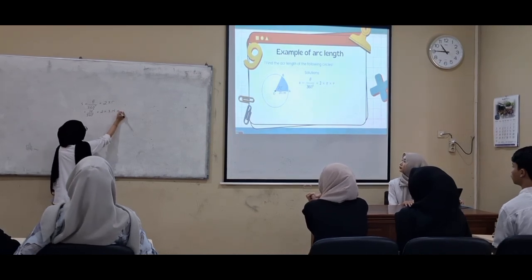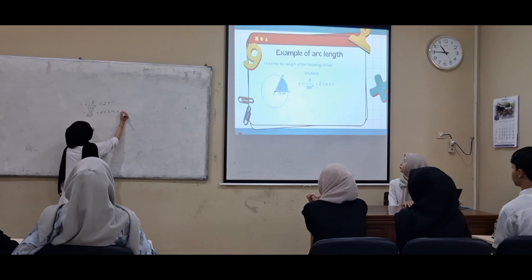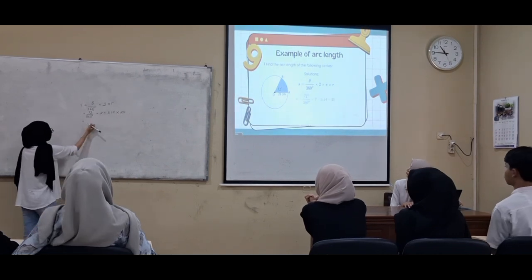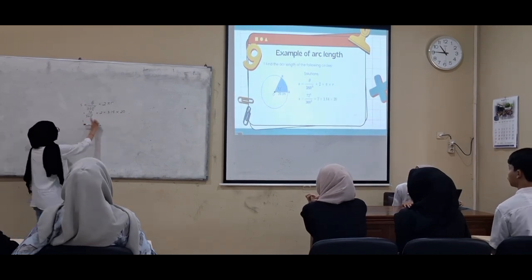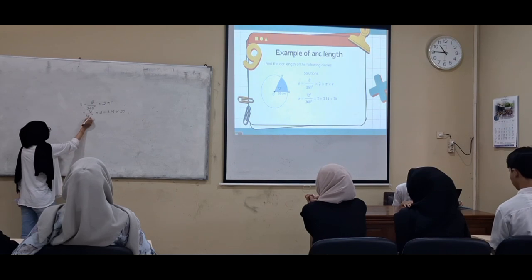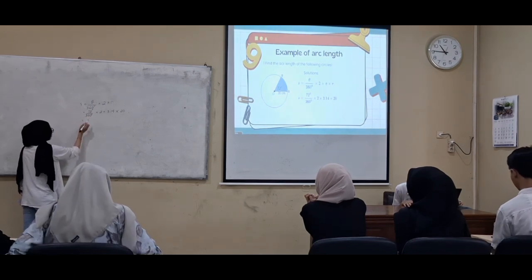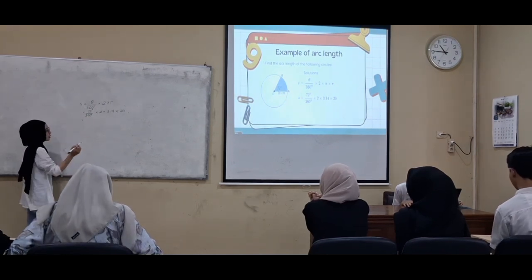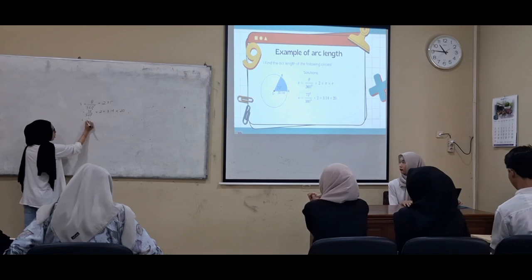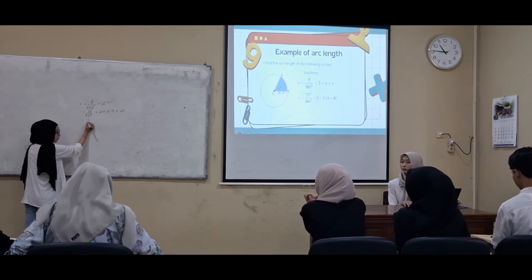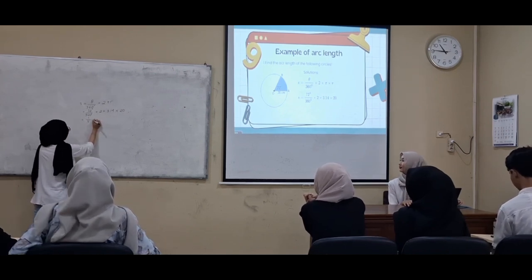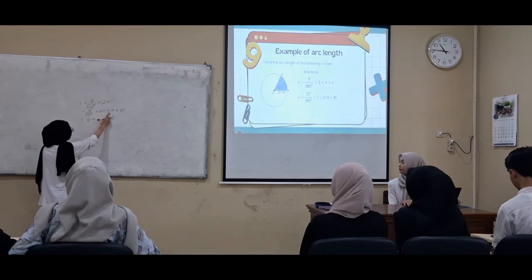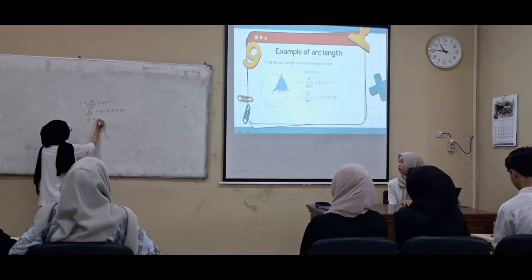3.14 times r is 20. And then next step is simplify it. 72 over 360 degrees is 1 over 5 times 2 times 3.14 is 6.28